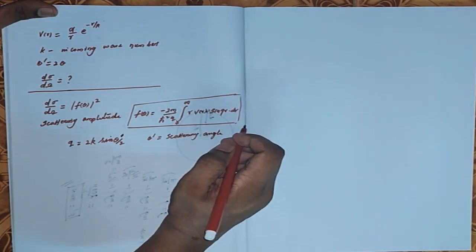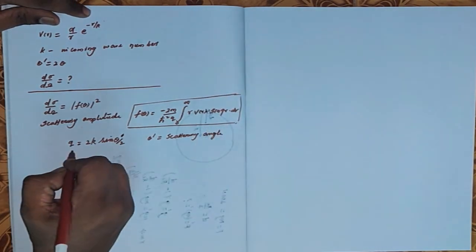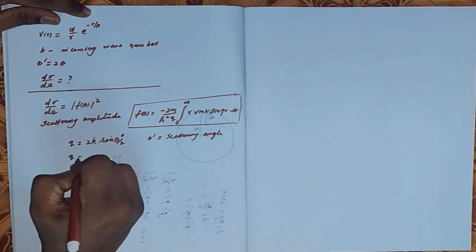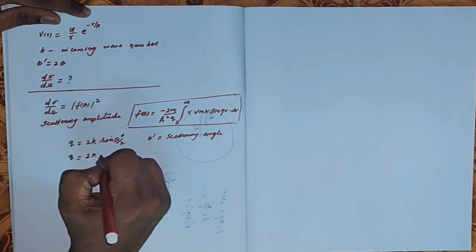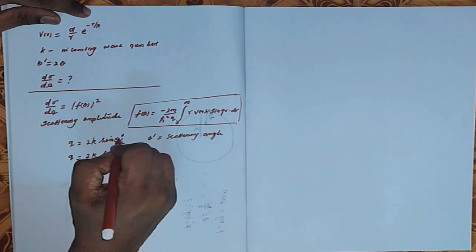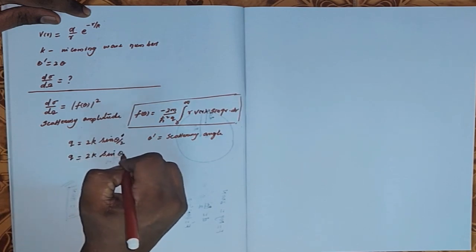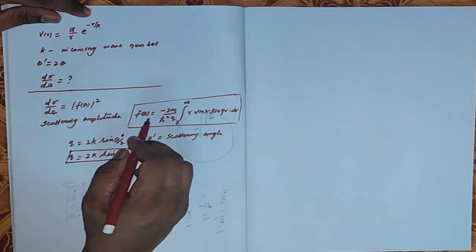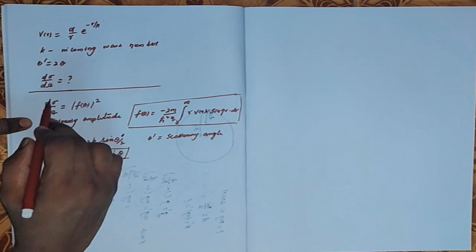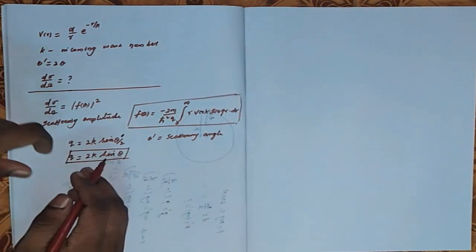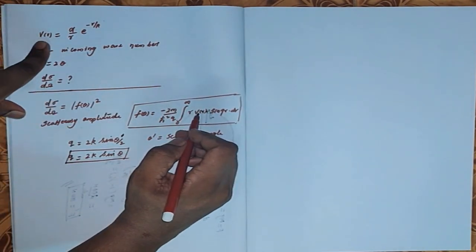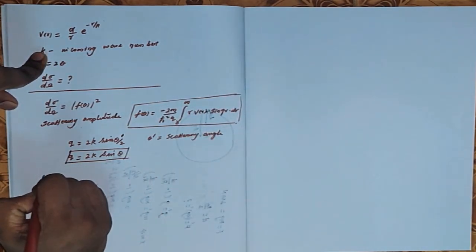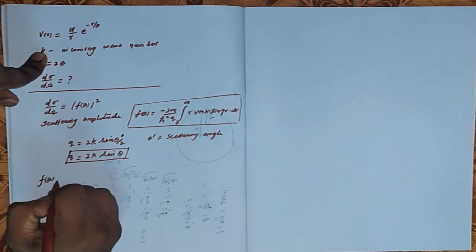Now we know theta prime is 2 theta, hence q is equal to 2k sine of theta prime by 2, which is 2 theta by 2, the 2 gets cancelled. So in general q is 2k sine theta. Now we need to evaluate this scattering amplitude to find the differential scattering cross section. Here the potential V of r is given, so we can substitute this potential here. Therefore the scattering amplitude f of theta would be equal to